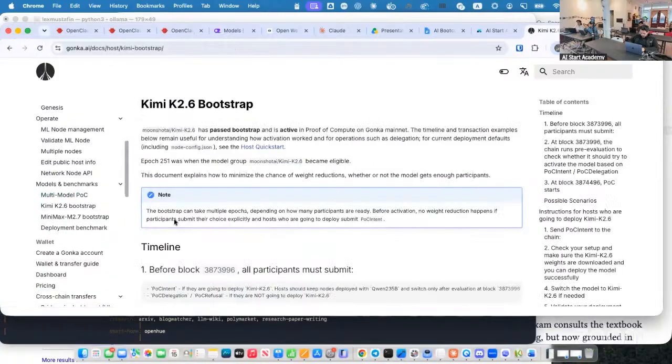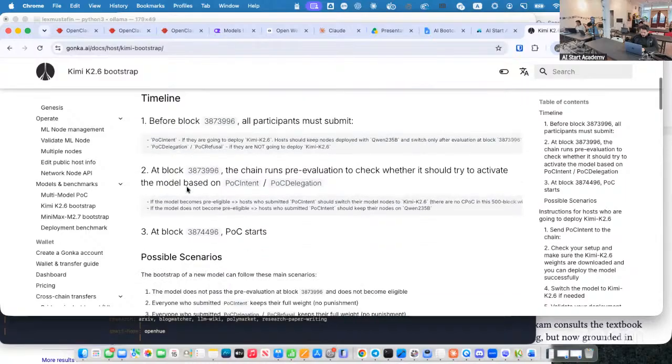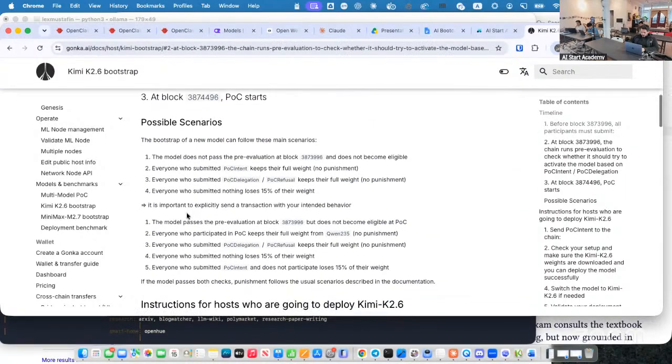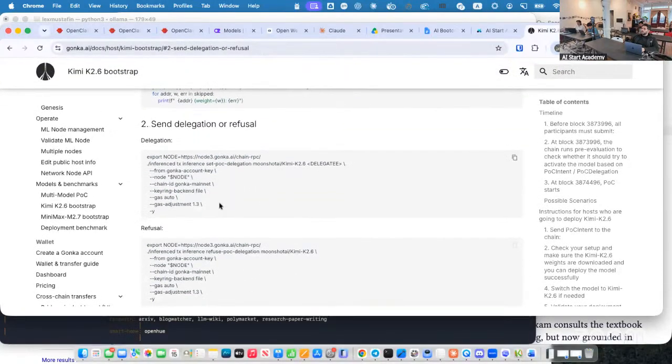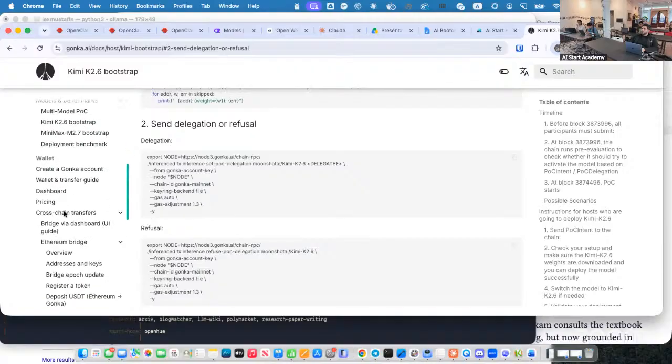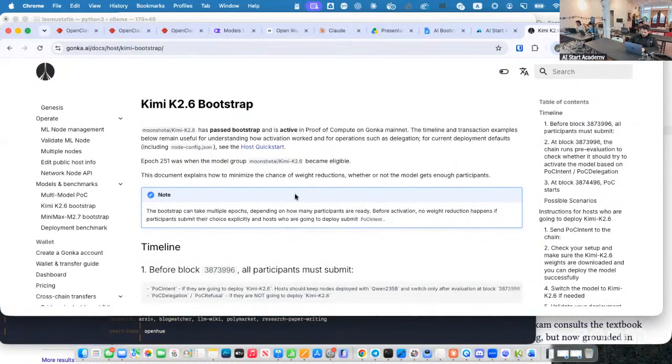Models. So they have a model called Kimi. Moonshot AI. Moonshot AI Kimi K2.6 passed Bootstrap and is active in proof of compute on Gonka mainnet. The timeline and transaction examples below. Some errors. So it would be similar to, I don't know, Qwen. I don't know how many parameters it has. I have no idea yet, but we can probably